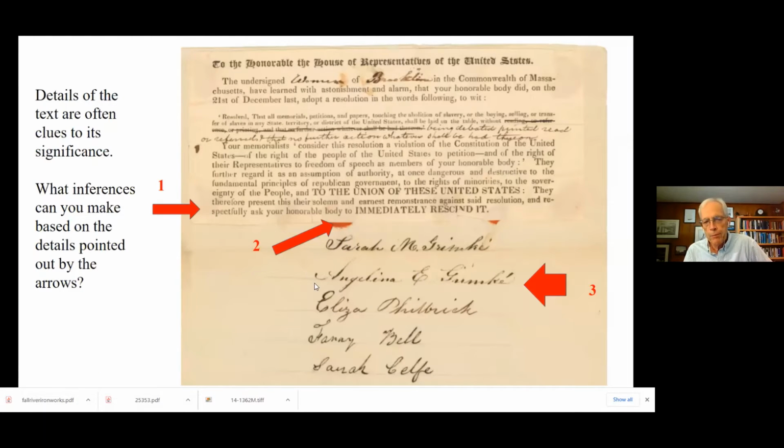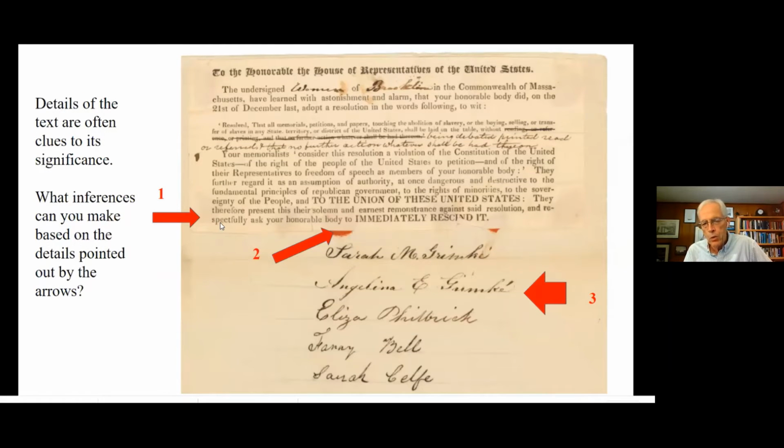Now, I want to use the chat box and get you into the conversation. There are three things I've pointed out on this petition. And what I'd like you to think about with the chat box is, what can you make of these three things? I'll tell you what I'm pointing to and then invite you to comment. You'll notice that there's different colors on the paper. It seems that down below it's a lined paper, up above it's not. Then you see these red circles in between. There's an arrow and a number 2 pointing to a red circle. And then there are some signatures.